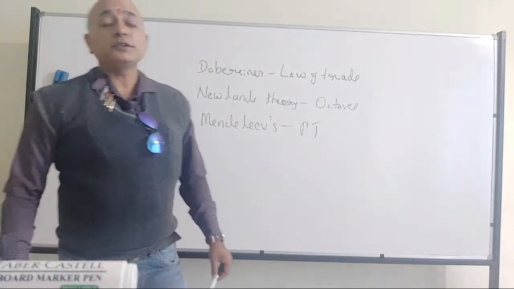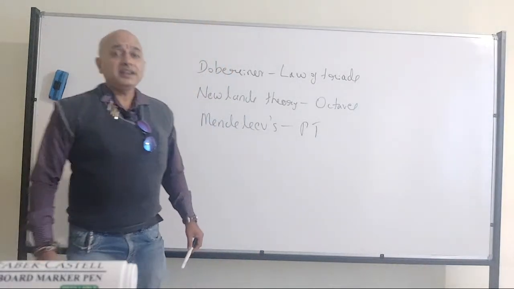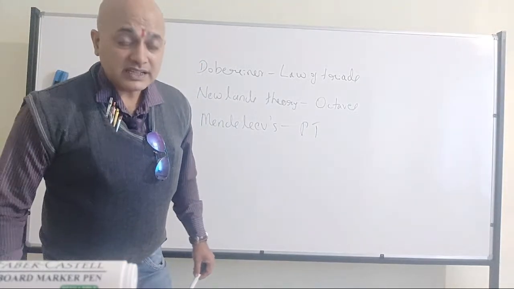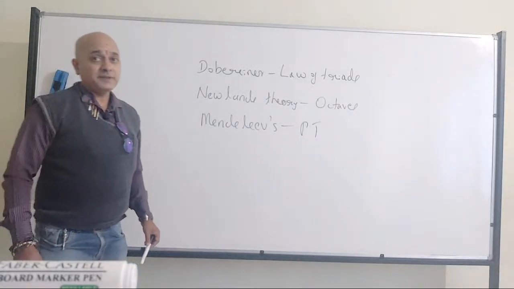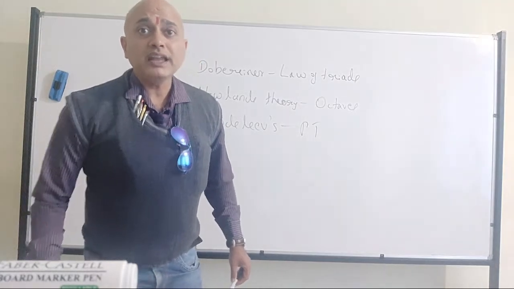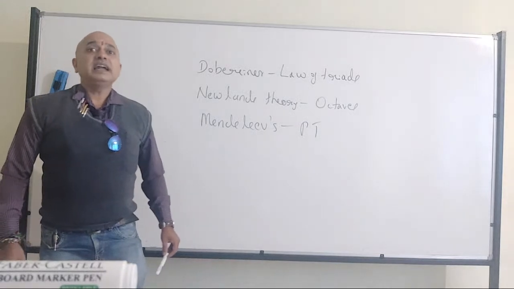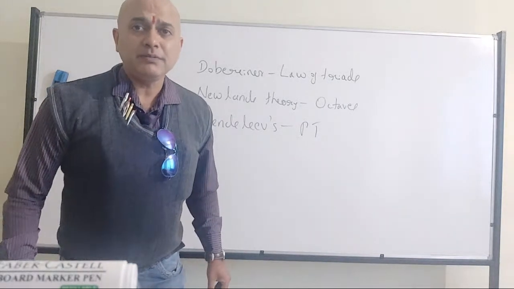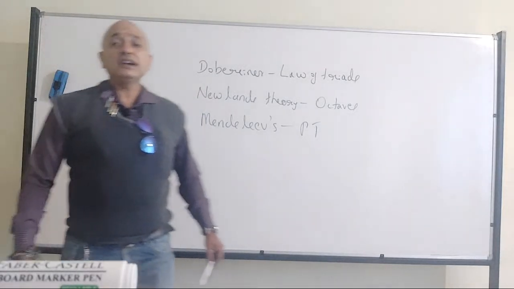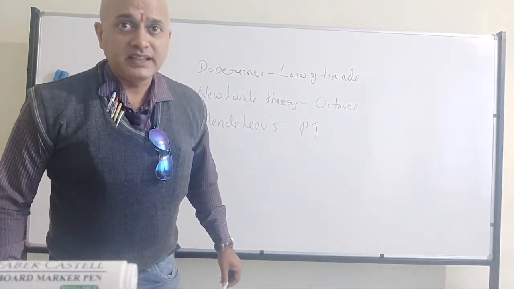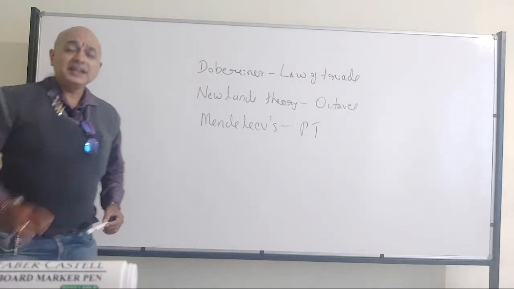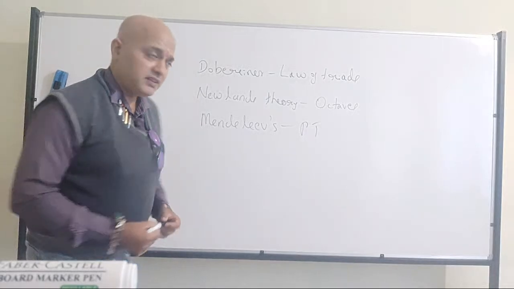So what was the drawback? The drawback here, with respect to Mendeleev's table, was first that it was based on atomic mass or atomic weight. So that's the major drawback. Then there was not much place given for the new elements which would be discovered, right? And there were many gaps in between the elements. Last one is, he didn't discuss anything about the isotopes, right? So that's Mendeleev's periodic table, its contribution and its demerits. All of you have understood?